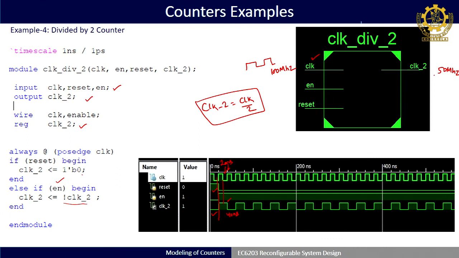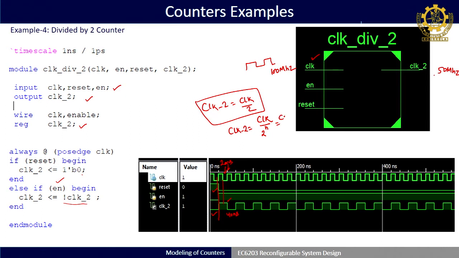So, here this counter is a 1 bit counter. Whatever input clock frequency I am giving, in output it is coming as 1 by 2 to the power n. So, clock underscore 2 is equal to clock by 2 to the n, where n is the number of bits of the counter. Okay.